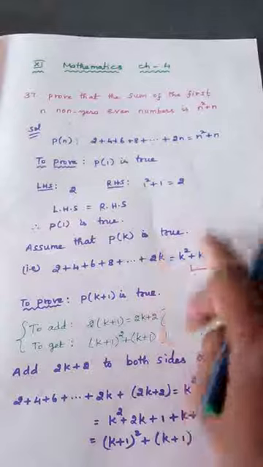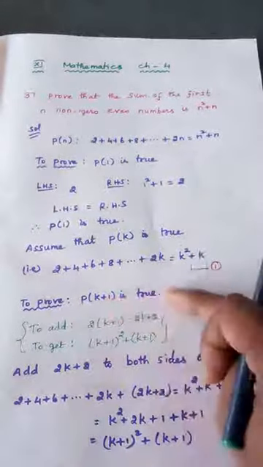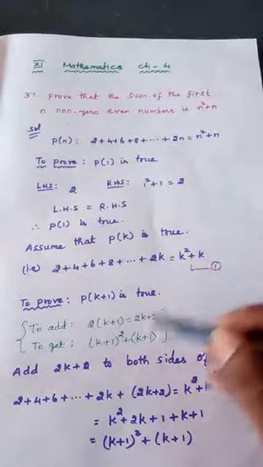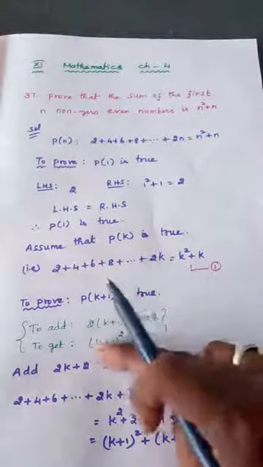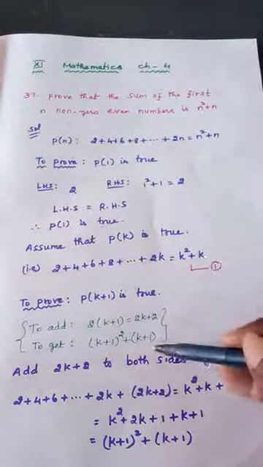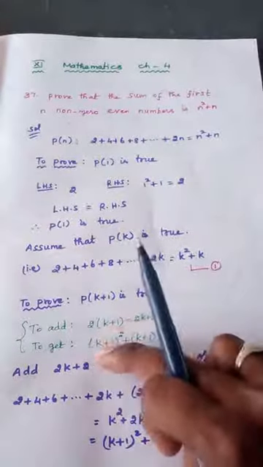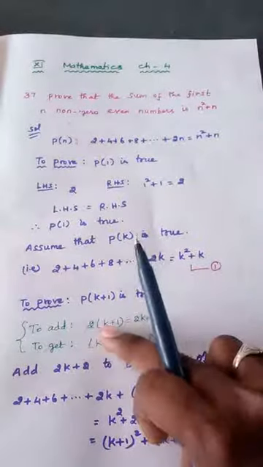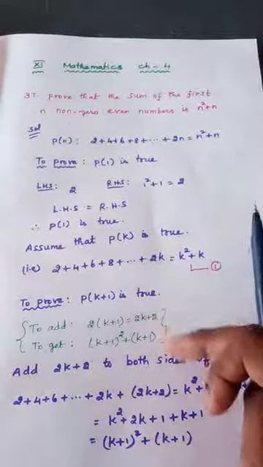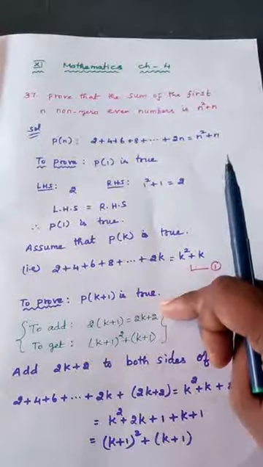The next thing, after adding, what is the answer that we should get in the RHS, so that we will say P of k plus 1 is true? For that, I have to put k plus 1 in place of k in the RHS. For the square, k plus 1 whole square, plus k plus 1. This is the answer I want to get. For getting this answer, what should I add? This is the term to be added on both sides. So these two we must know before itself: what is the answer that I'm going to get, and what is the term that I should add.